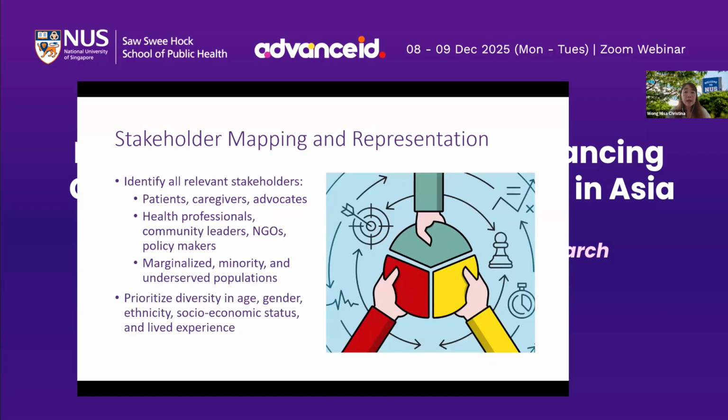So how do we identify who should be community advisory group members? Let's start with a stakeholder map, and we want to identify all relevant stakeholders. Here I have described a few different groups: patients, caregivers, advocates, health professionals, community leaders, NGOs, policymakers. And we must not forget that we should also include the marginalized, the minority and underserved populations, and others who may be affected. In other words, diversity in a group will ensure that various perspectives and potential barriers are represented